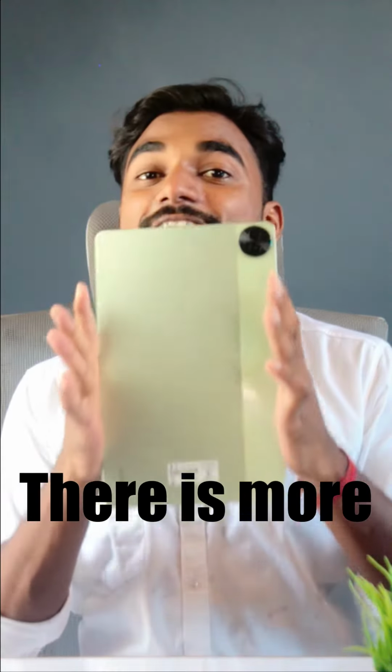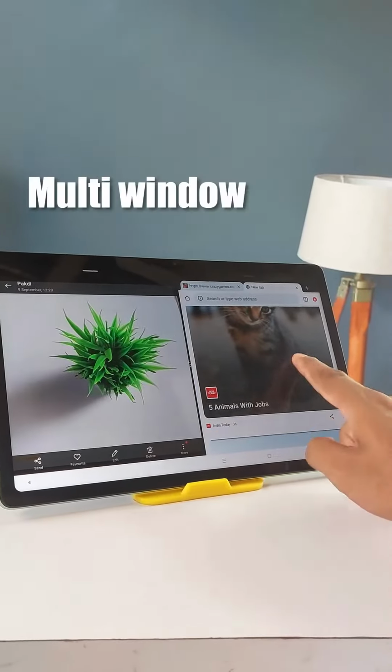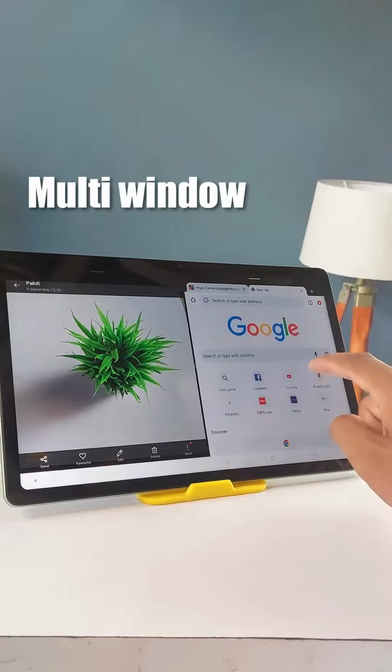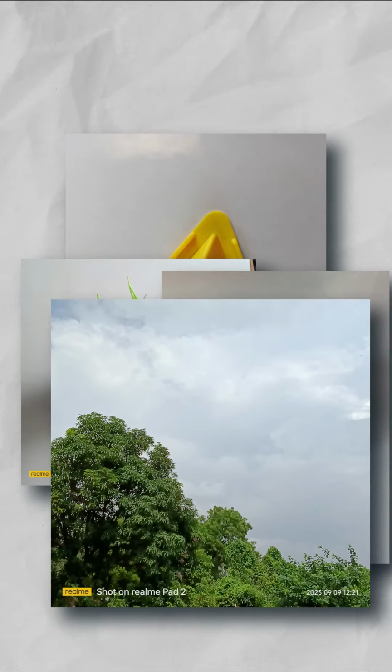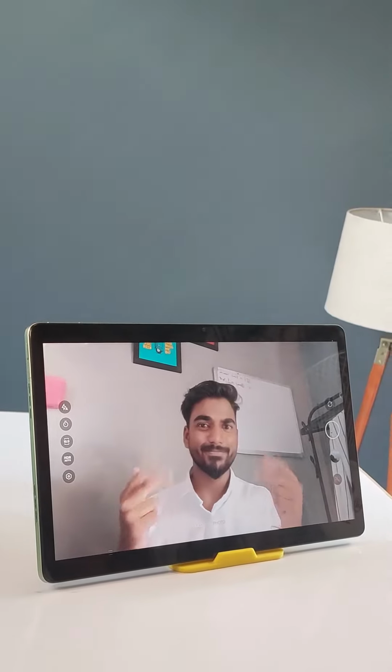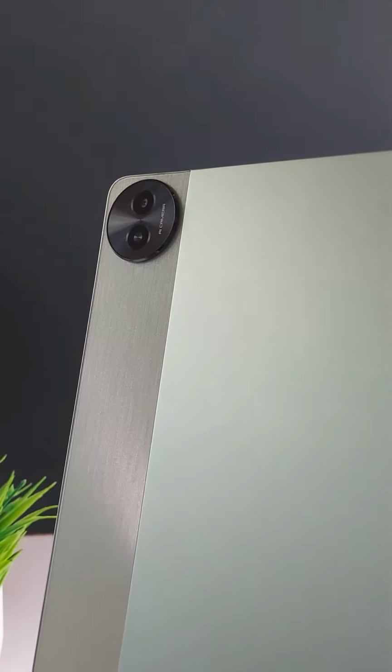But wait, there is more. Realme Pad 2 offers multi-window and a split screen feature. It also has an 8 megapixel AI camera which you can use to click pictures like this, and it also has a dedicated selfie camera for your Zoom meetings and video calls. From seamless performance to capturing memories, Realme Pad 2 has it all, and this is the only tablet under this budget which offers 4G connectivity,